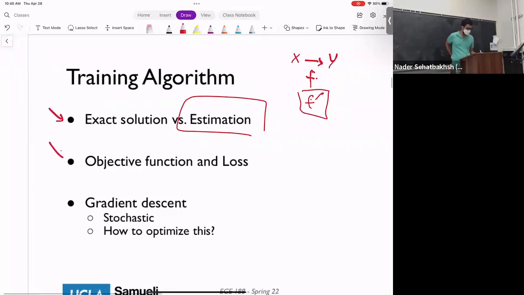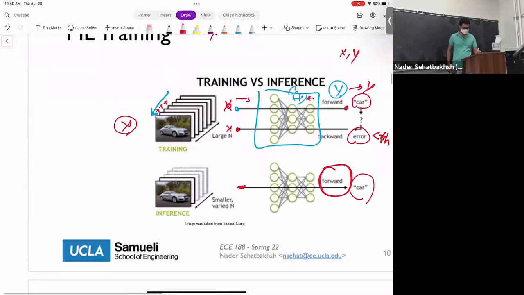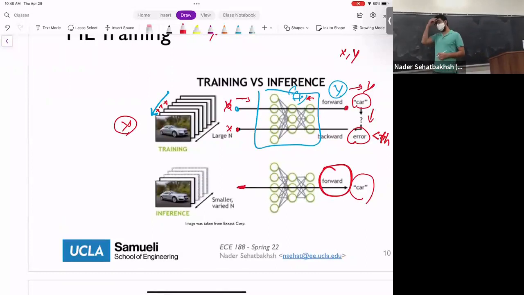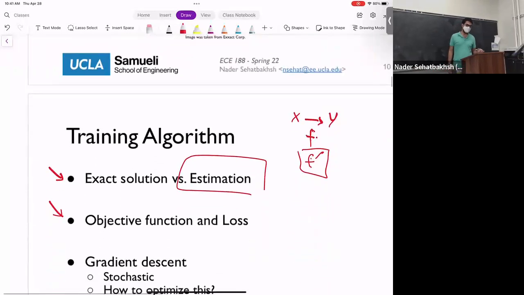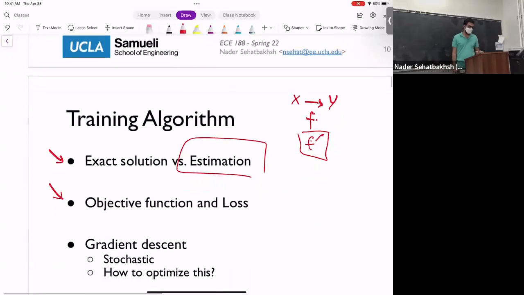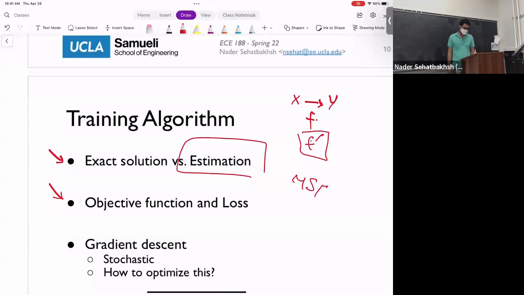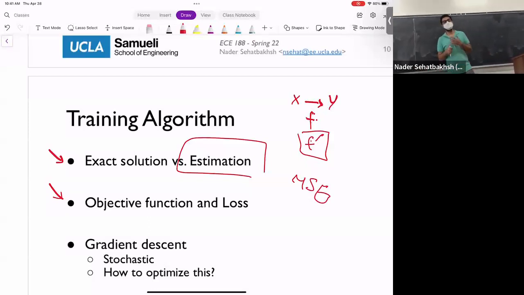The second thing is, in order to do the training, we need to find this objective function and calculate this error. There are multiple ways of calculating the loss. It could be as simple as just measuring the Euclidean distance between the label and the prediction. But usually we use things like second order norm, third order norm, and so on, or mean square error, MSE. There are various ways of calculating the loss.